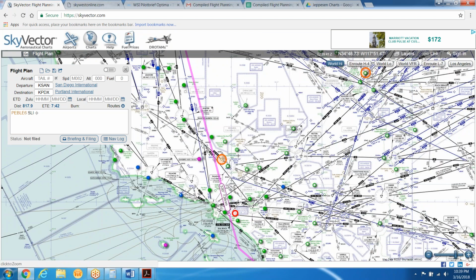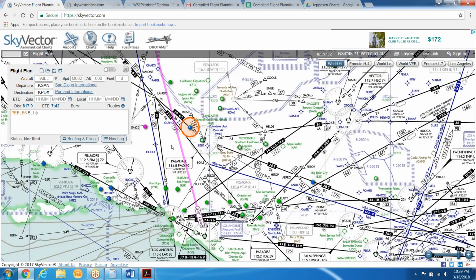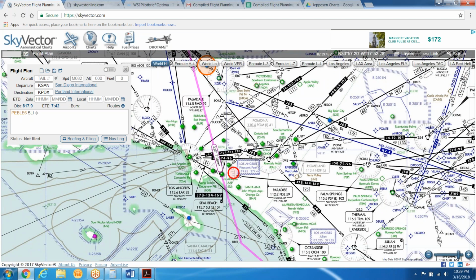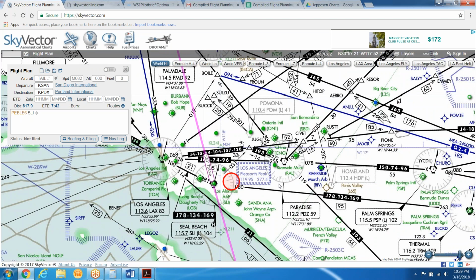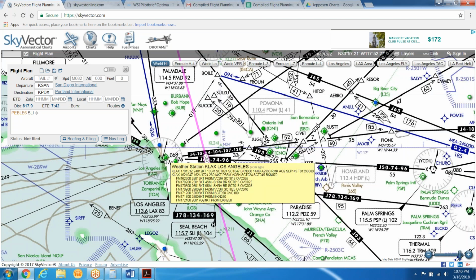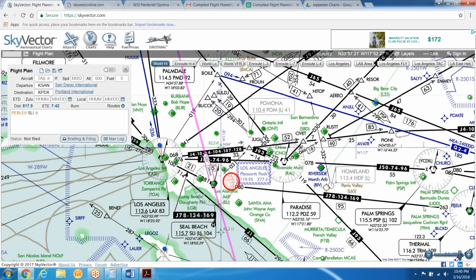So when you look at Seal Beach, as far as following a jet route, what are our options? There's obviously nothing going north off of it. There is one that comes off, continuing up the shoreline here towards LA, and then there's one going back this way. Obviously, we don't want to go back towards Palm Springs. So the only other option is really to get onto this. You can see this is labeled here Jet Route